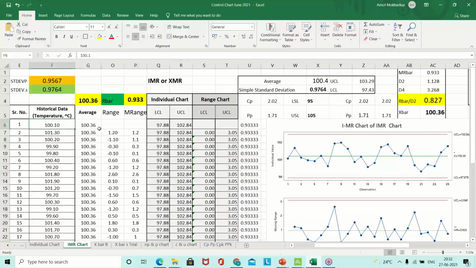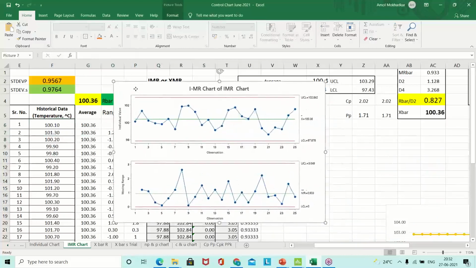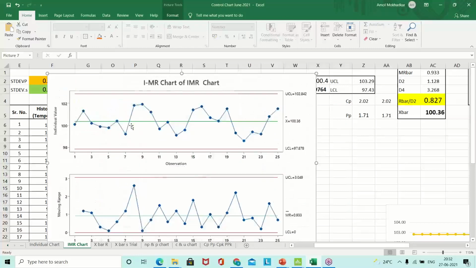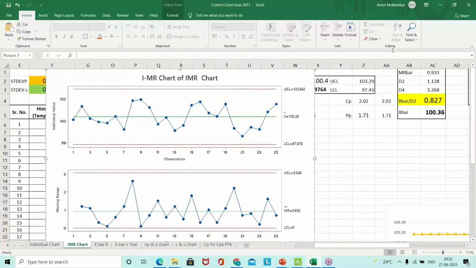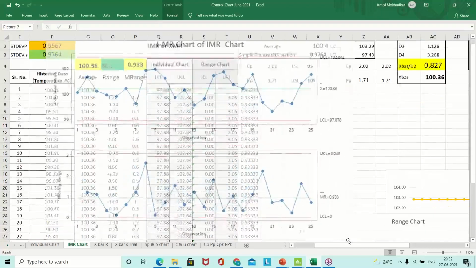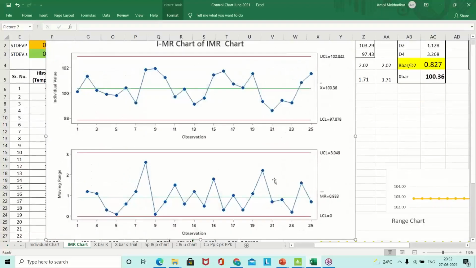Definitely we have done all these calculations, made the LCL, UCL, made the graph, but you see how nicely it can give you the IMR chart. Is it not? So quickly you can get all your charts, and you can see where and how points are moving, and keep track of that.